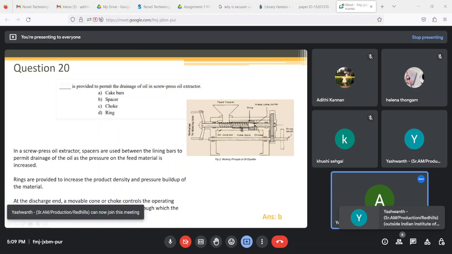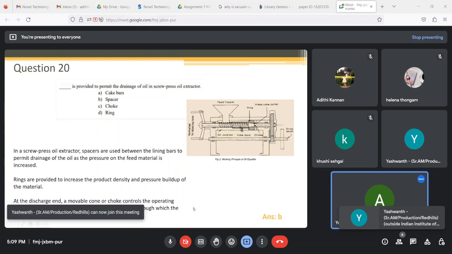So you can adjust the choke to adjust this annular space, and accordingly the pressure inside the system will change. If you are trying to squeeze something through a small hole, pressure will be high. If you are trying to squeeze something through a large hole, you do not require that much pressure. So the choke can be